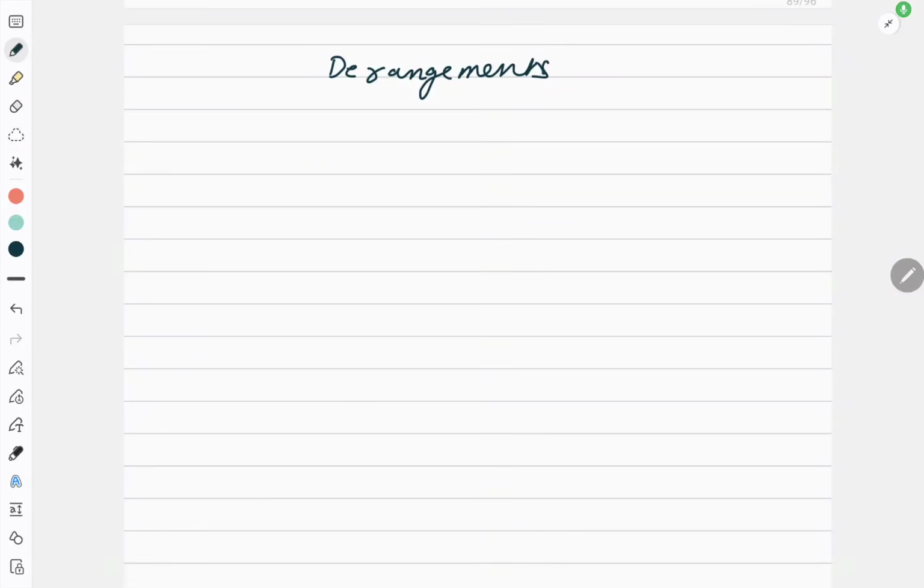Students, let us do one small topic in combinatorics, or the principle of counting, that is called derangements. Now, what exactly is the meaning of derangement? Suppose there are two seats in a class, and always A is sitting here and B is sitting here. Now suppose I entered as a teacher in a class and I said you should not sit at your own place. So what is the only possibility? That B will come here and A will go there.